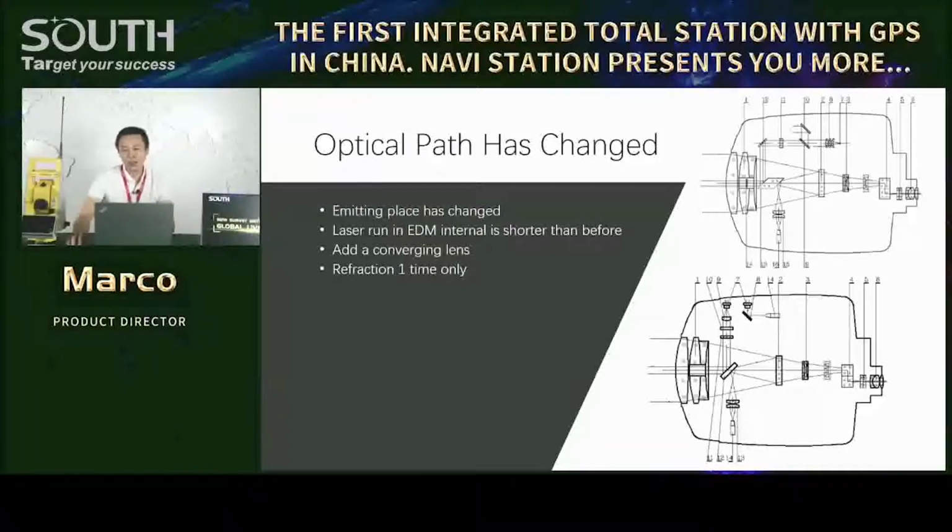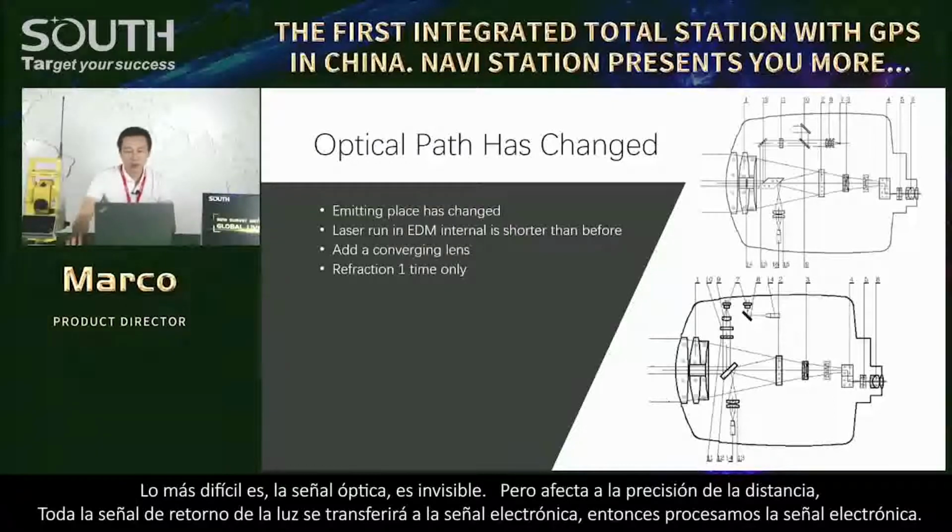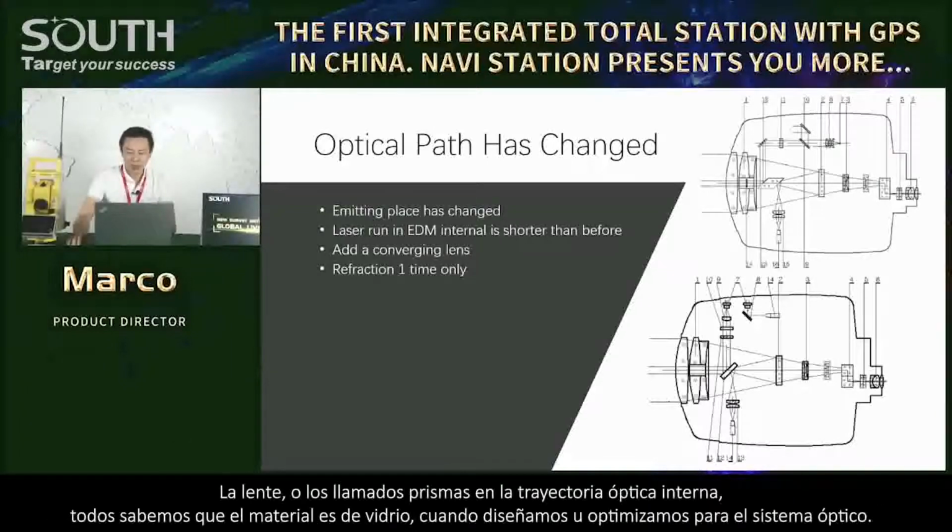directly. And for the optical things, the most difficult thing is the optical signal is invisible. But all the optical signal affects the distance accuracy. And all the light return signal will transfer to the electronic signal, then we process the electronic signal. For the lens,